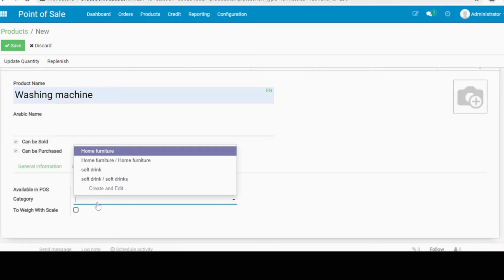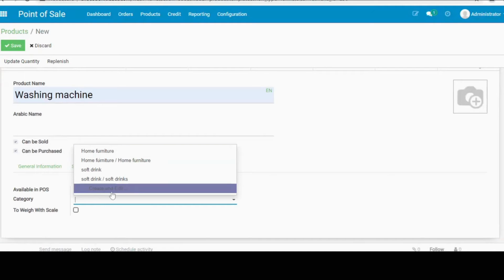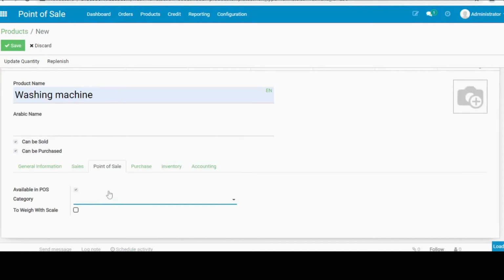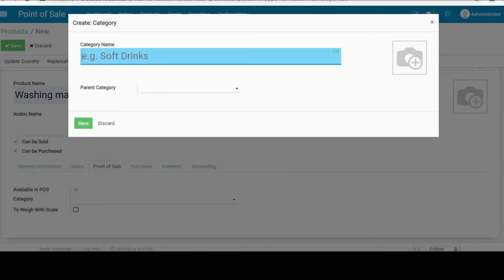This is a washing machine, so I choose home appliance. We can create a new category from here. From here you can see how to create a new category for this product. So I choose home appliances.